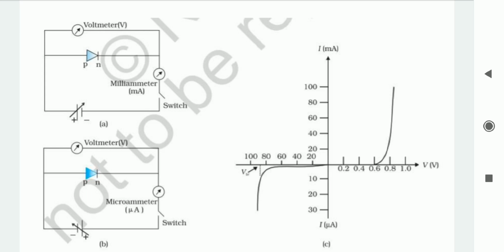After that cut-in or built-in voltage, as we increase the input voltage, the voltage drop across the diode remains almost constant and the current increases exponentially, as you can see in the first quadrant in the graph